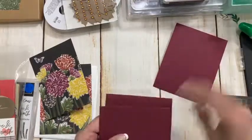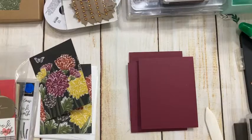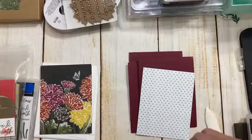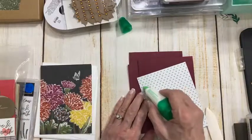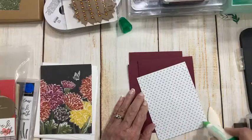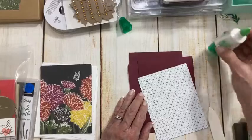And then I am just going to take these little designer series paper panels, and let's see, maybe this is going to be quicker. I'm usually looking for the quickest, easiest way to go, and I tend to kind of live life in a hurry,